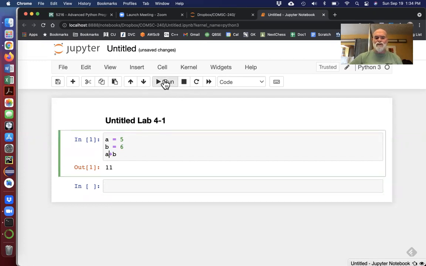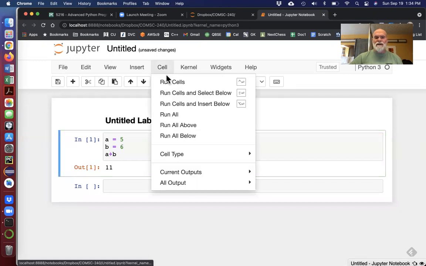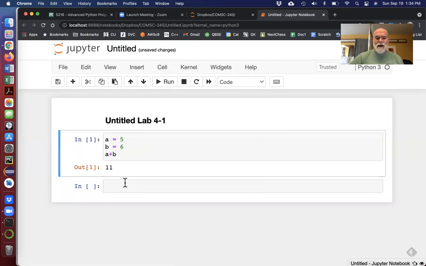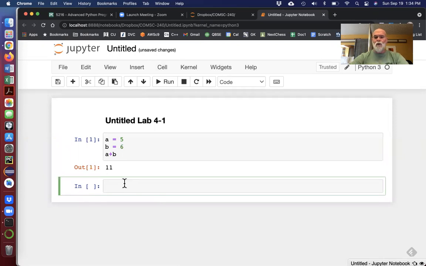One is to press the run button. The other is you can go to Cell and then select Run Cells, run all of them, selectively just the ones above you or just the ones below, or just run them all. Now, I mentioned that you have to run these in order if you do reference them in a subsequent